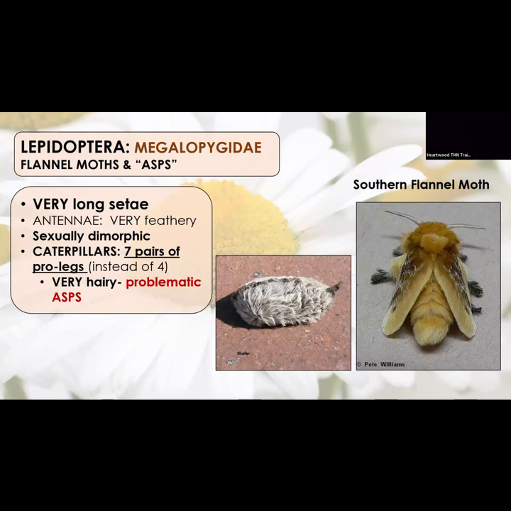They're very hairy. If it looks like a little piece of fuzz, like that's an asp, it's highly probable that you're allergic, or what they're secreting is very caustic. So just don't touch them. Let them go on their way. The adults don't have that same sort of impact, but those are asps.